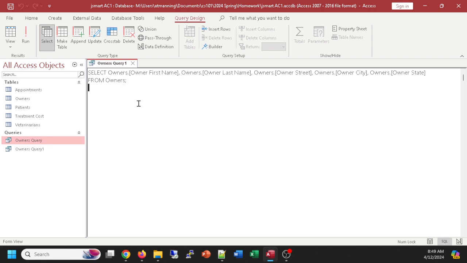Back before Access was around, people that worked with databases had to learn this language of how to get data out of tables. And how would you like to learn this language of select parameter, comma, and then from the name of a table? This is what we call SQL query language,